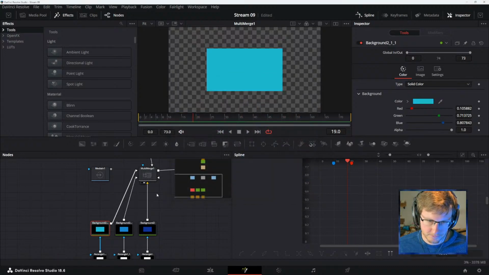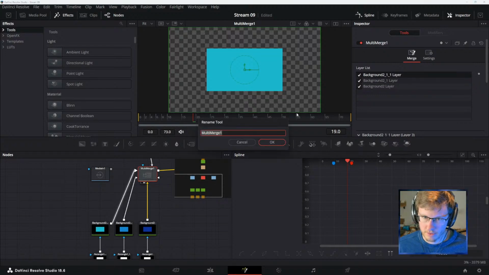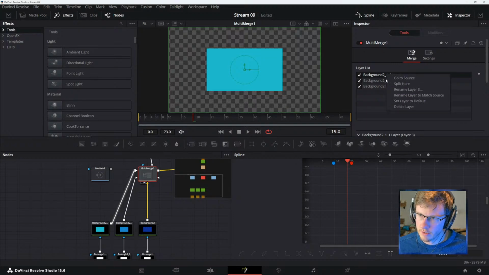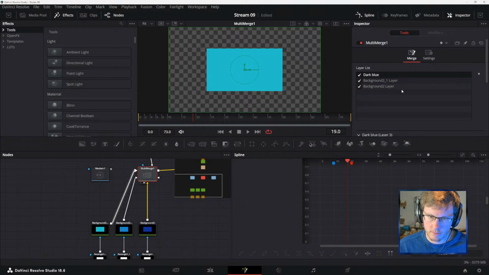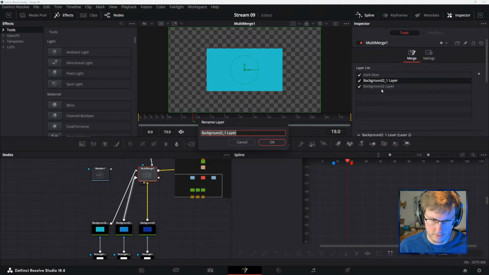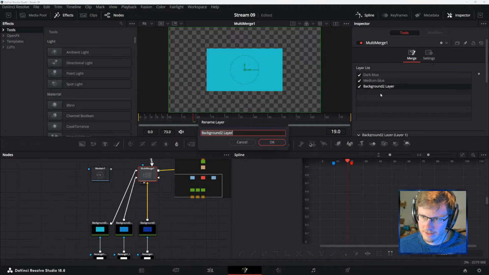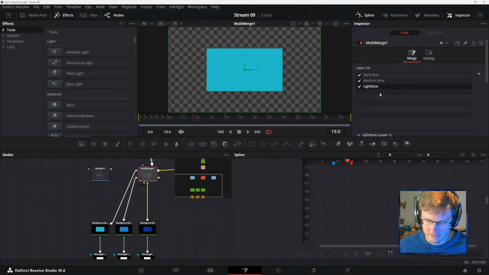Lighter blue. And now we have blue, blue, and blue. This one's dark blue. Or medium blue.